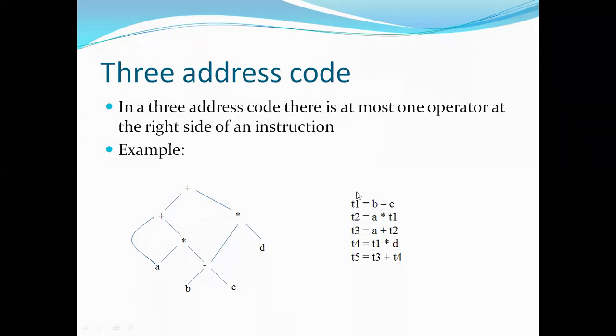That means one is for storing the result, which should be a temporary variable, and two operands are needed for performing the computation based on the operator, and the resultant is assigned to a temporary variable, right? Is it clear? In every statement, the representation is in three address code form. That means here we have a format like x is equal to y op z.